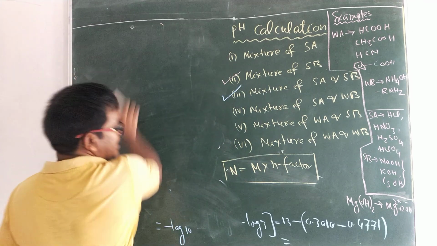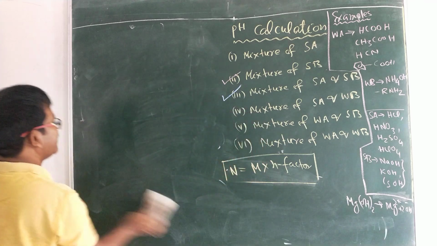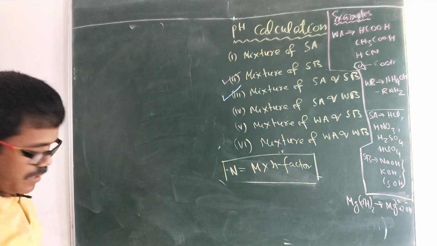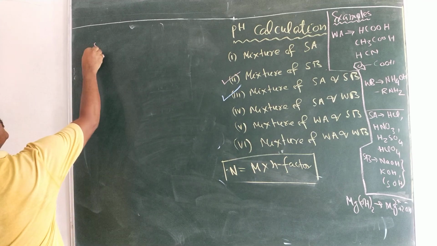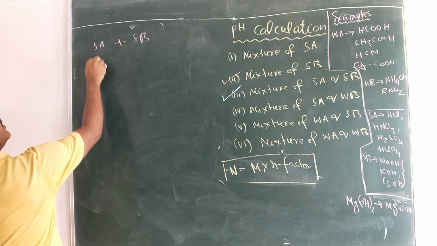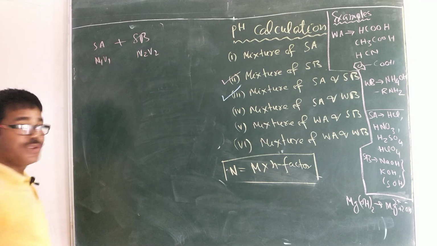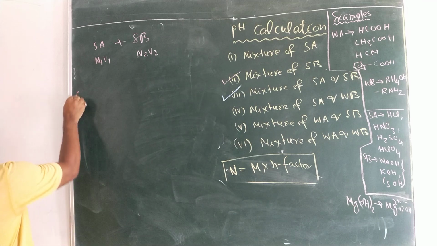Based upon the milli equivalent of strong acid and strong base, we will have three possibilities. We are mixing strong acid with strong base. Suppose milli equivalent of the strong acid is N1 V1, milli equivalent of the strong base is N2 V2. We can have three cases. What are the three cases? Case 1,